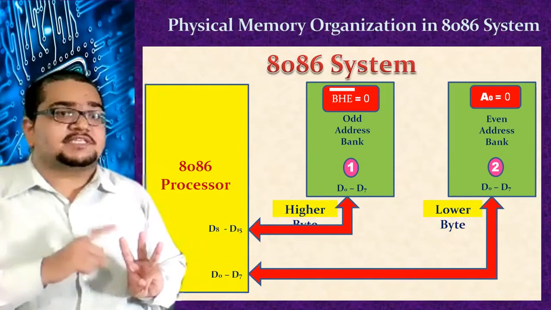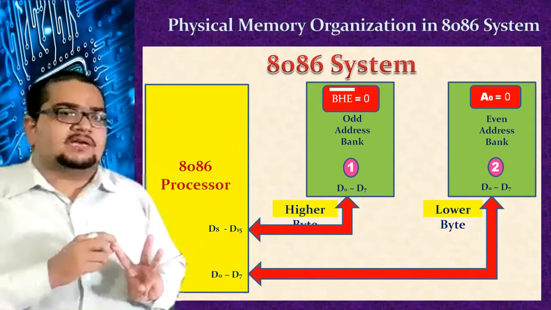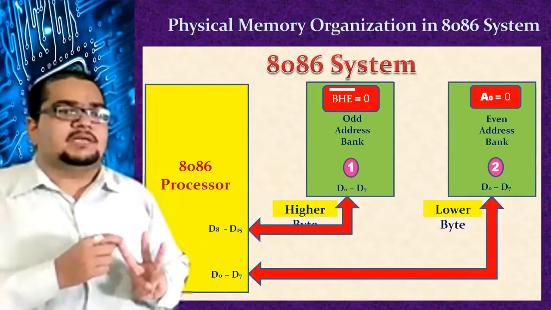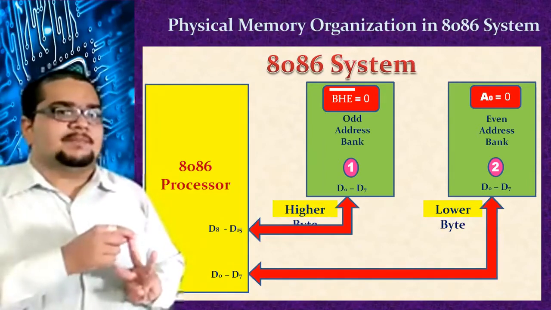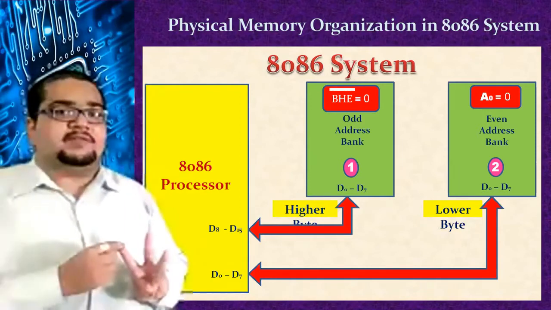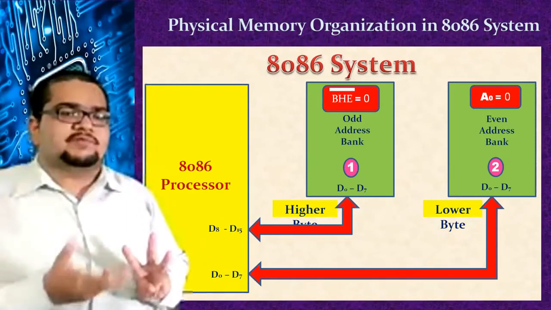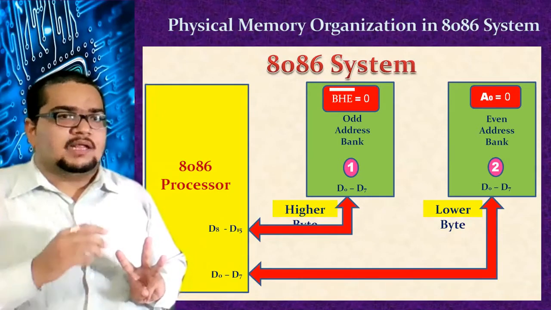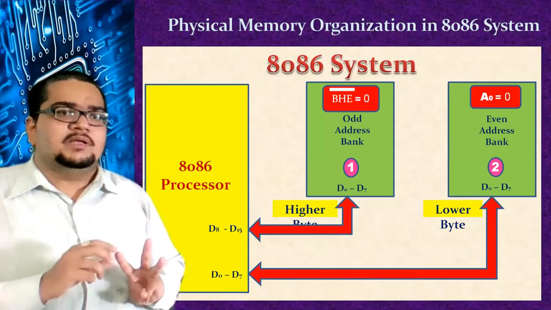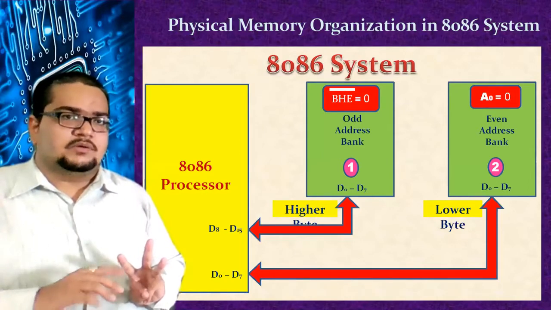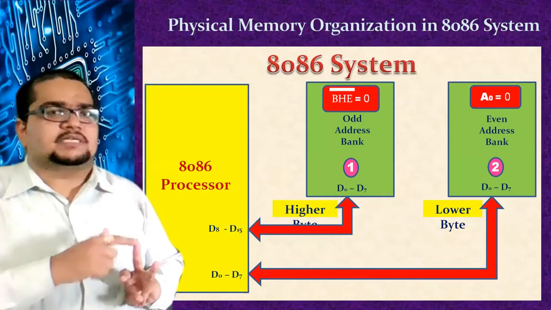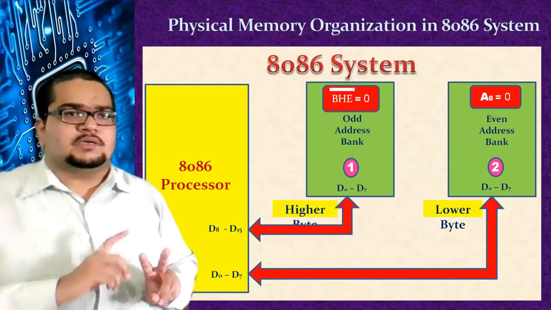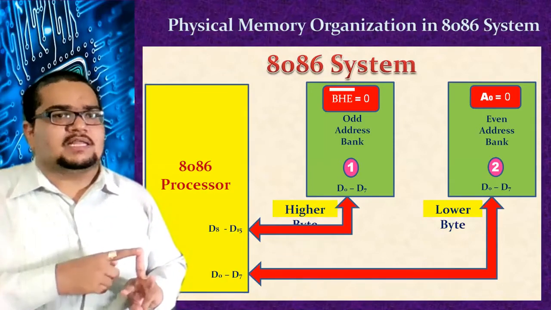You have to access the full 16-bit data, wherein one half of the data, that is 1 byte, will be in the lower bank and the other byte will be in the higher bank. Lower banks are generally called even addresses. Why so? Because when we start with numbers, 0 is a location, and 0 indicates an even number, so that is the lower bank. The next number is 1, so that is the higher bank, available at odd addresses. So even banks are also called lower banks, and odd banks are also called higher banks.